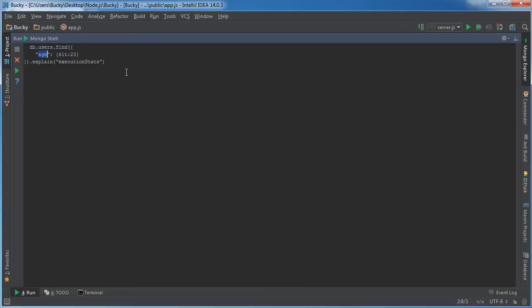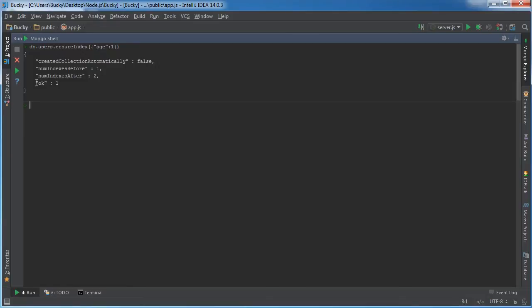So how do we do this? Well, we can get rid of this because we just ran it. We're going to say db.users.ensureIndex. This pretty much just means we're going to give you something, turn it into an index. So what do we want to give it? Well, we'll just give it the age, and 1 just means true. So if we run this, then it